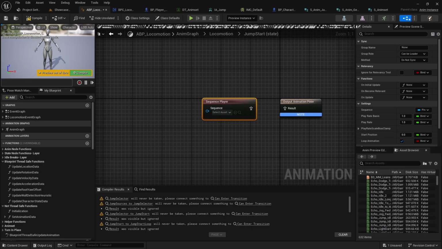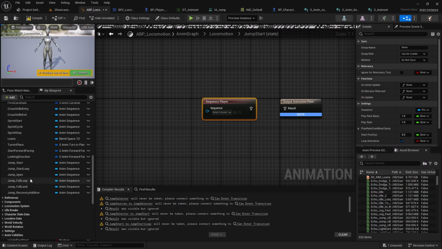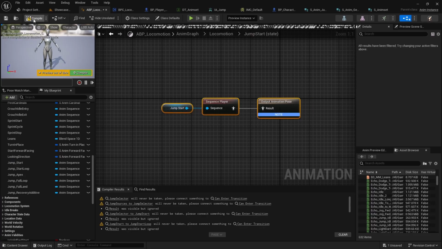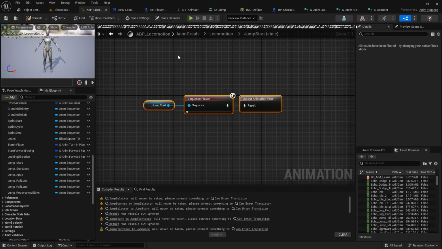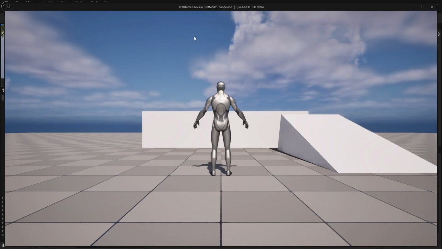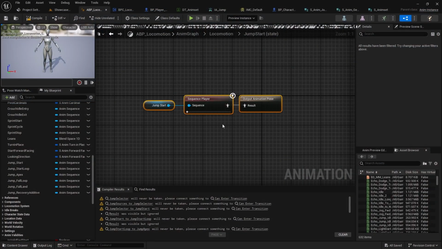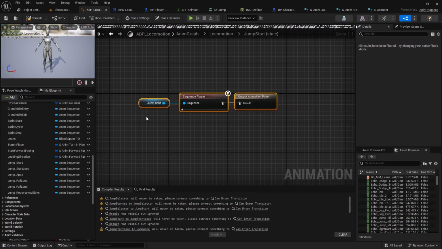And the anim sequence is basically what? Basically this one, jump start, right? Compile and save. And I think if I start playing now, yeah, it's still not working because we haven't implemented the transitions, but that's fine,